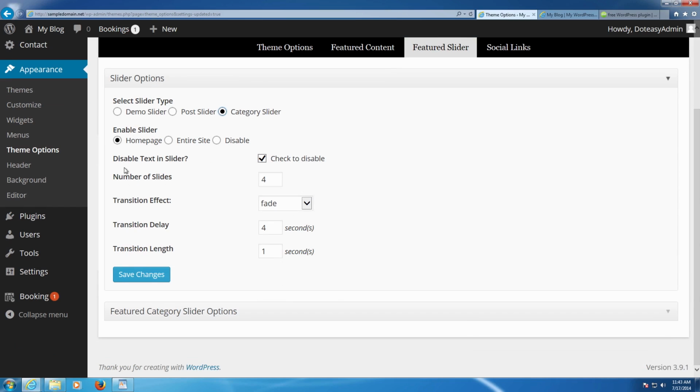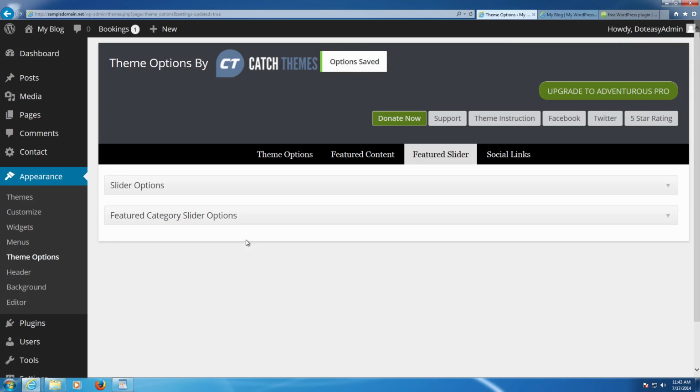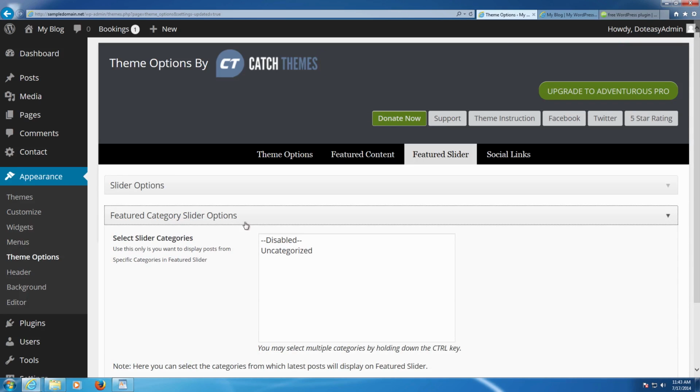I'm going to be setting that here. Number of slides you can choose, how many things it's going to be rotating through. We're just going to leave it to the default one here. You can check out which one you wanted to do. We're going to leave it as just the default settings for now. We're going to save that. You're more than welcome to play around with it later, but we're more just setting the groundworks for everything in